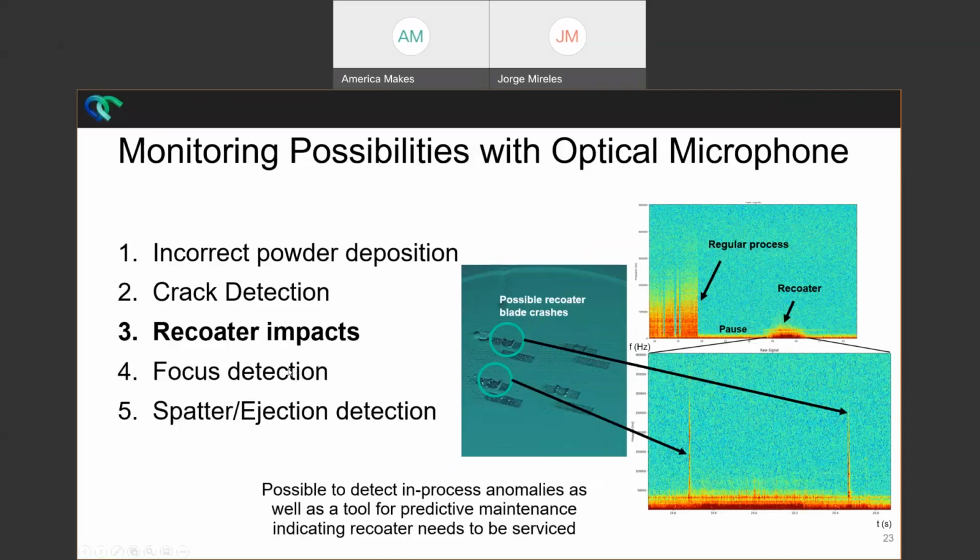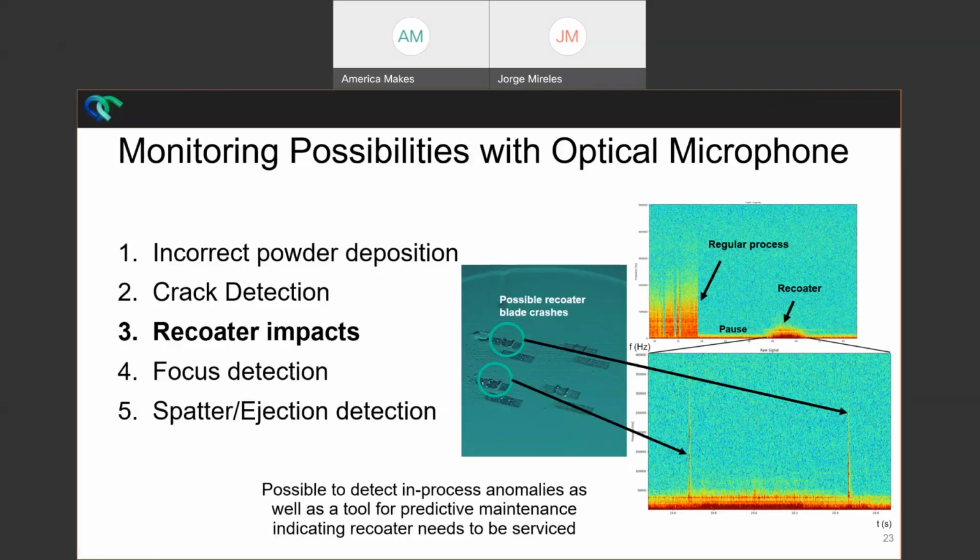Third is recoater impacts. This is probably a no-brainer, but if there is an impact to a part, then the emission of the sensor peaks, right? And this is exactly what we saw here, right? Now, the possibilities,